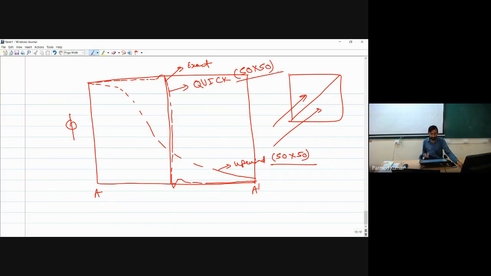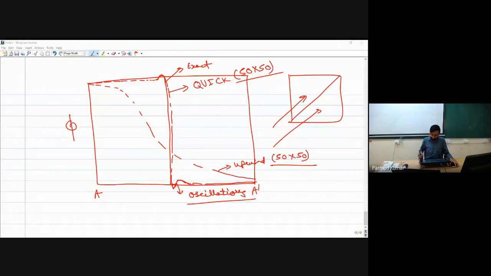But there is one limitation of the QUICK scheme. The QUICK scheme has helped in reducing the amount of numerical diffusion at the same grid resolution, but you can see over here that in some portions it has produced certain oscillations in our solution. So what are the implications of these oscillations, and how can these oscillations be avoided to improve our QUICK scheme? That we will try to see in our next lecture. Now you can ask some questions if you have any.